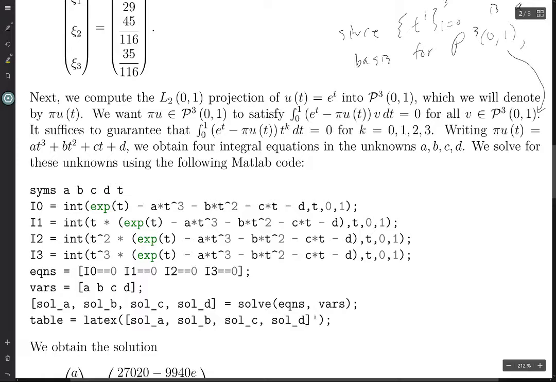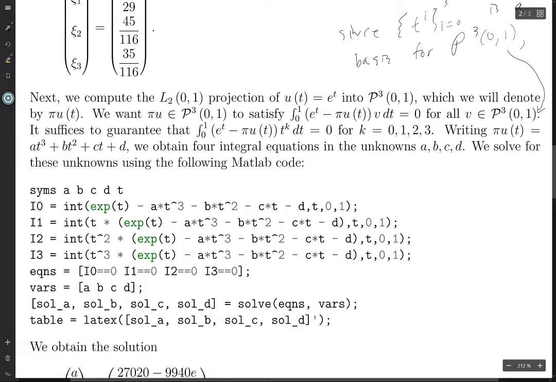Then you get something evaluated from 0 to 1, and the other term in the integration by parts formula will be t times the antiderivative of this term. And in order to solve that, I think you need to do integration by parts again, just like you did